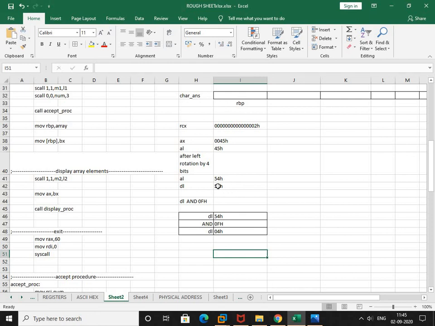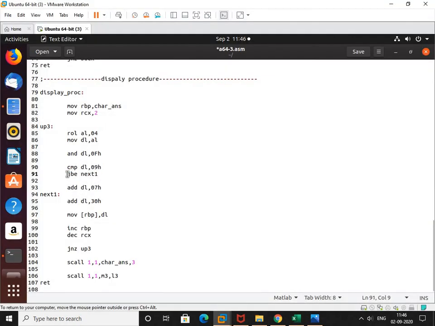Sorry for this. Keep it in mind, after rotation we copied into DL and ANDed with 0FH. I extracted a single digit, that is 4 out of 54. Now you compare this 4 with 09H, it is below 9H. Jump if below or equal to label next one here.